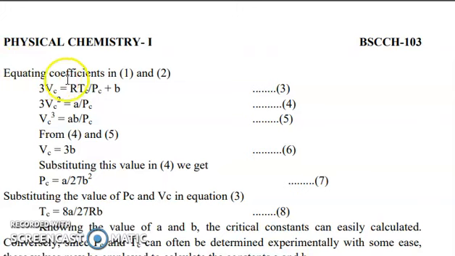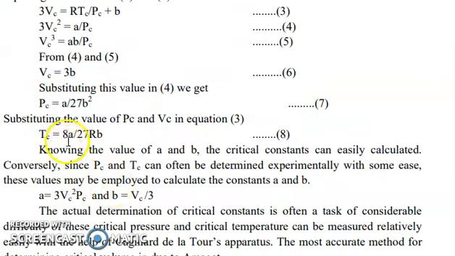So comparing coefficients in equations 1 and 2, 3Vc is equal to RTc/Pc + b, equation 3. 3Vc² is equal to a/Pc, equation 4, and Vc³ is equal to ab/Pc, equation 5. So from equations 4 and 5, Vc is equal to 3b. Substituting this value in equation 4, we get Pc is equal to a/27b². Substituting the values of Pc and Vc in equation 3,